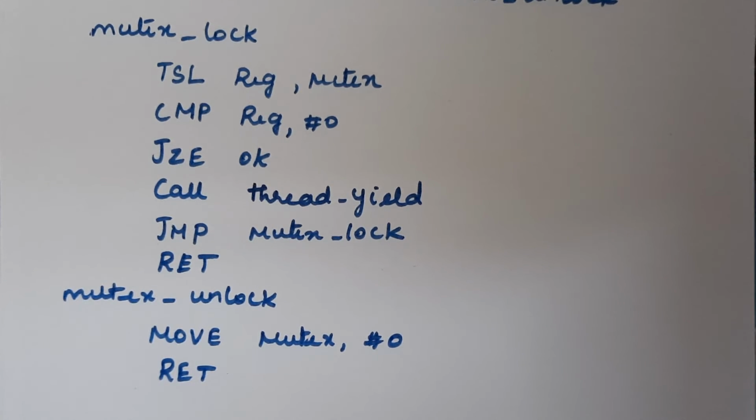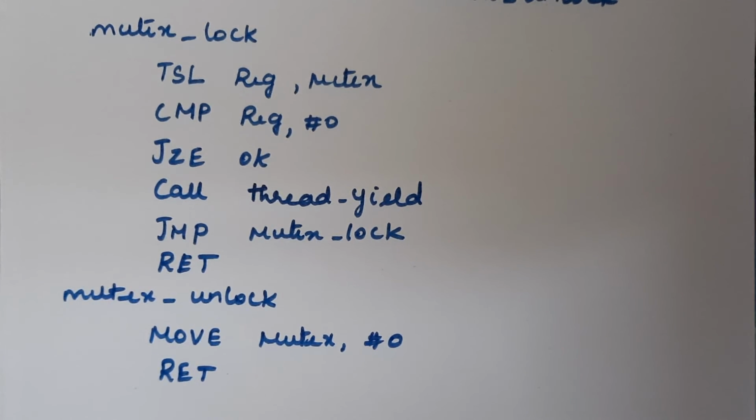Since thread yield is just a call to the thread scheduler in user space, it is very fast, because we have implemented all these kinds of threads in user space itself. So it will be very fast, and we are not disturbing the kernel space and all, so it will not take much time to execute all these instructions. So it will be very easy and efficient too if you use this mutex lock and mutex unlock concept, right?